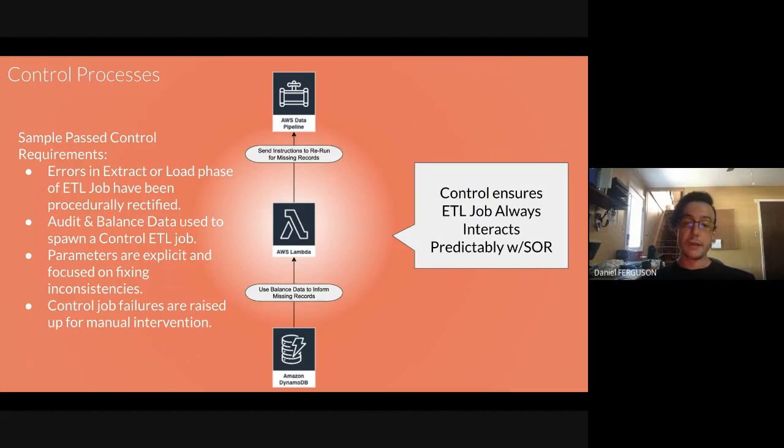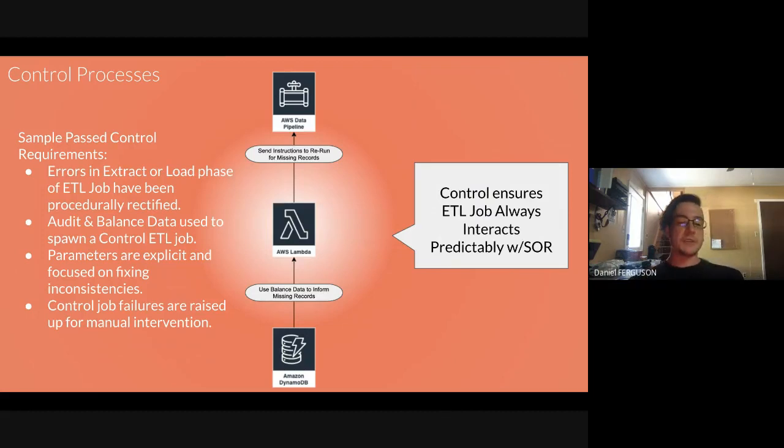So your control job should be able to say, okay, I'm missing these records from my downstream source. I'm going to go rerun a new ETL job requesting exactly those records, performing those transformations and reinserting the data into my downstream store like Redshift. That's where control jobs really shine, and that's what makes DQM pretty powerful.